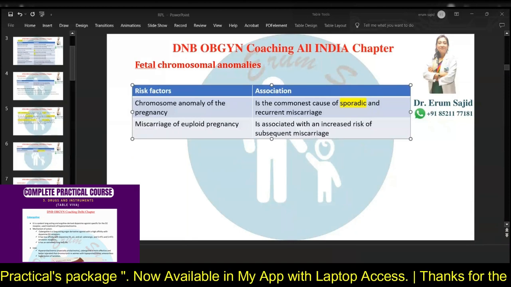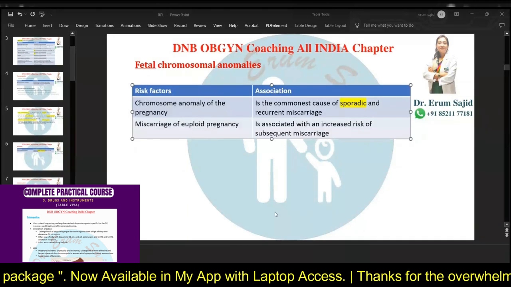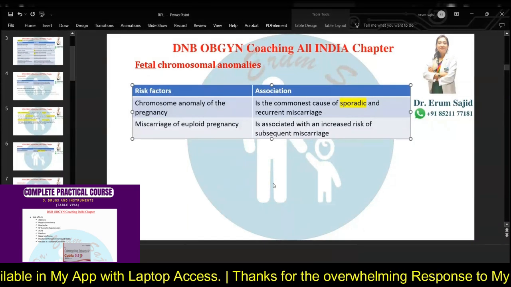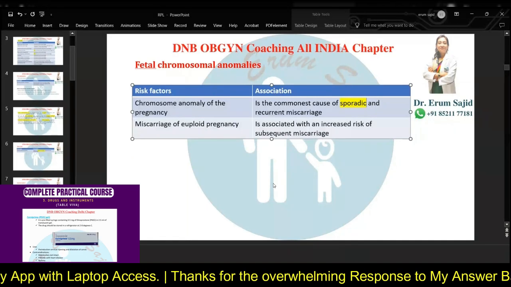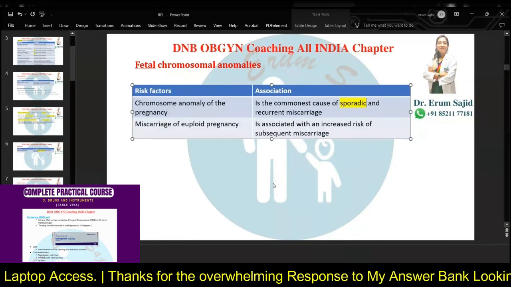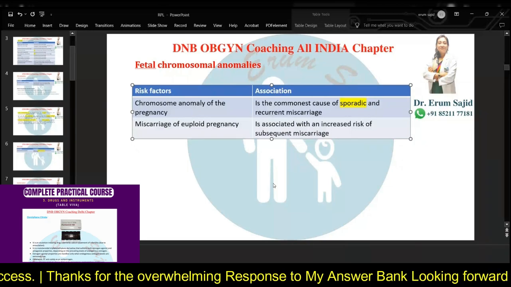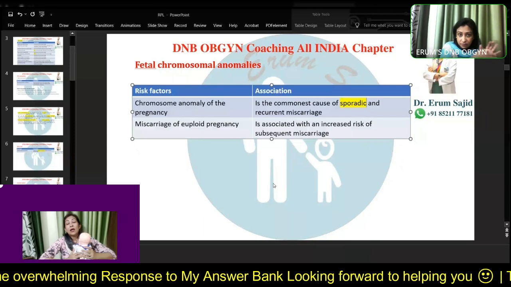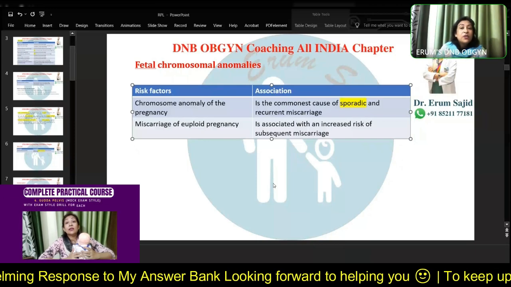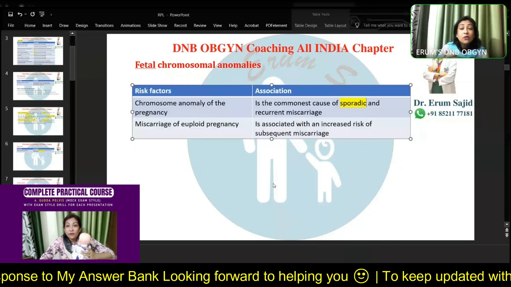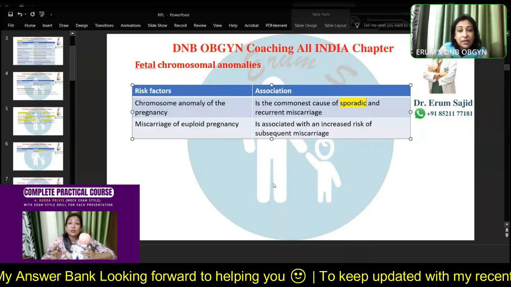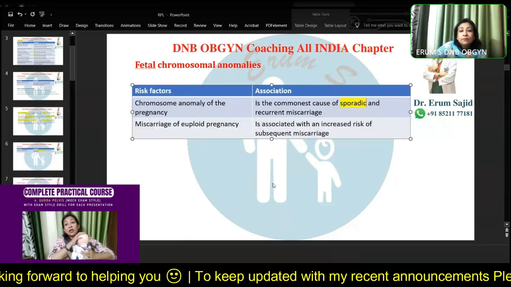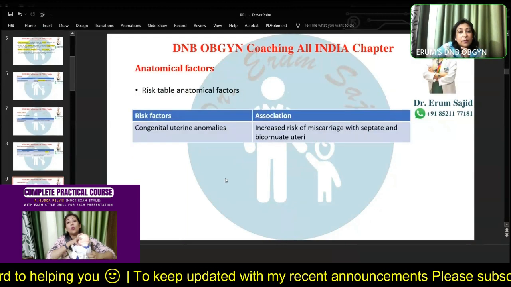What I mean by a sporadic loss is that I'm not talking about recurrent pregnancy losses. I'm talking about any odd loss at any time, a random one. Sporadic means random. It is not having any set pattern. It's not happening after a bad obstetric history or a molar pregnancy or recurrent pregnancy losses and then another loss. It's just random. So random pregnancy loss is mostly a chromosomal abnormality. Yes? Okay. This I'll not speak about.